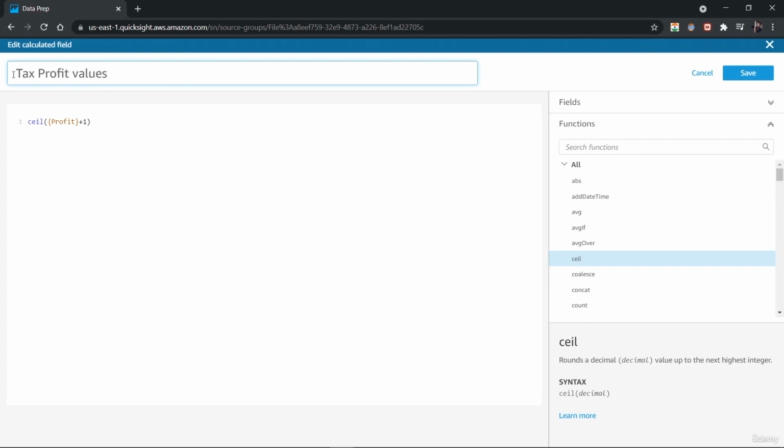So here just create some real values. In our data set, we have the values for profit, and if you want to calculate taxes from the profit values, you can just write a code for that. So here just calculate the ceiling function, and assume we have a tax rate of 10%, so it will calculate the taxation from the profit. So it will show you. Okay, so it will create a new column. You can provide the name of this column, tax from profit, and just write the code ceiling profit divide by